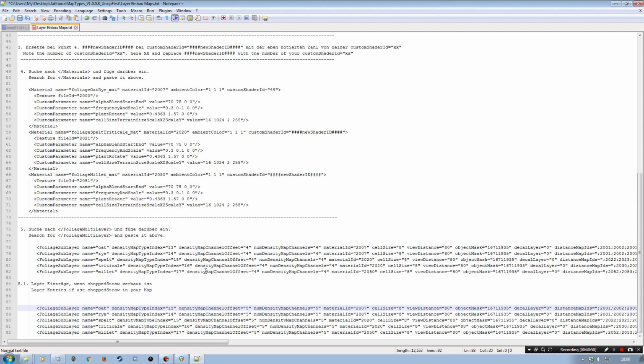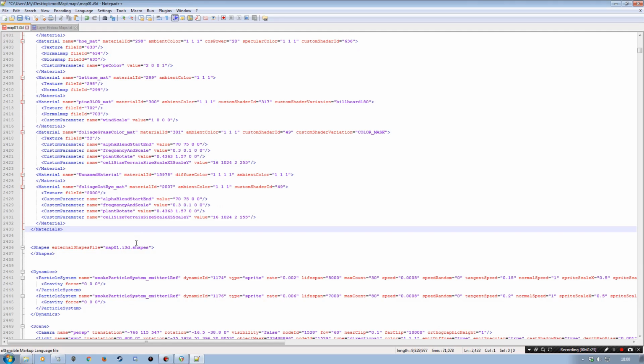So if you haven't got chopped straw and you're only interested in adding in 2 additional fruit types, use these lines. If you have got chopped straw or you want to add in more than 2 additional fruit types, then use these lines, because they have already been adapted to work with the updated channel offsets and the num density map channels. So I'm going to choose the oat and rye because that's what I'm working with, because we've got our foliage oat rye. So I'm going to choose oat and rye, copy those, come back over, and I need